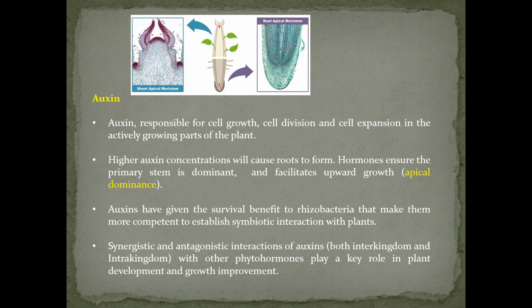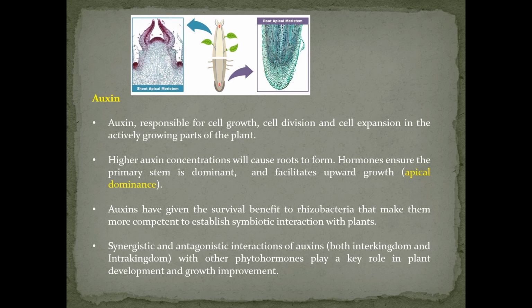Another role is in metabolism: the application of auxin can enhance metabolism, as it is a nutrient and growth-promoting substance. One of the major applications is that synthetic auxin is widely used nowadays in various agriculture and horticulture practices. One of the major applications of auxin is the eradication of weeds.